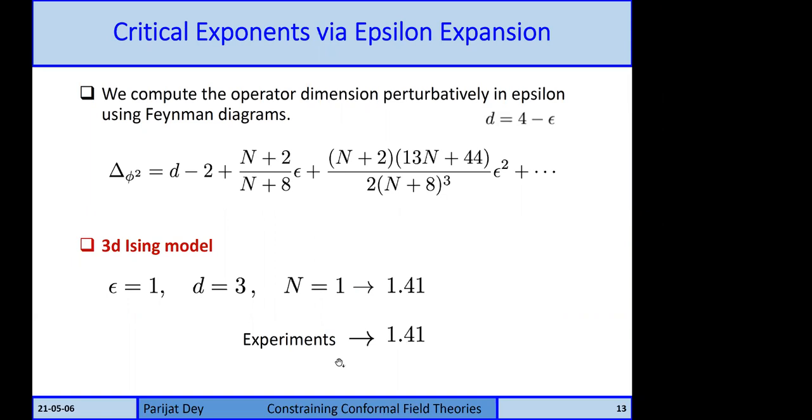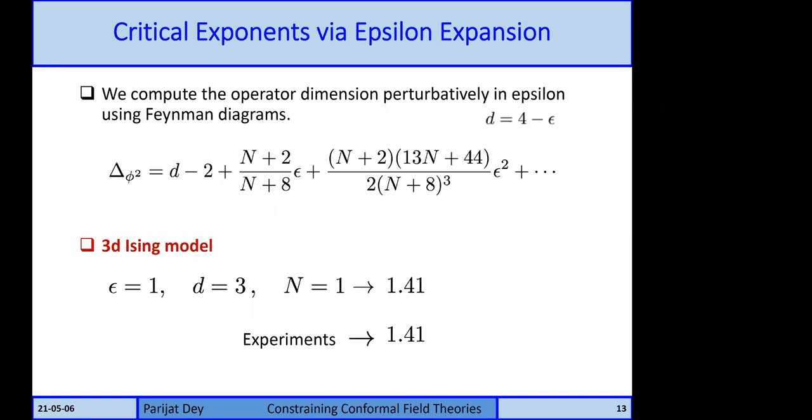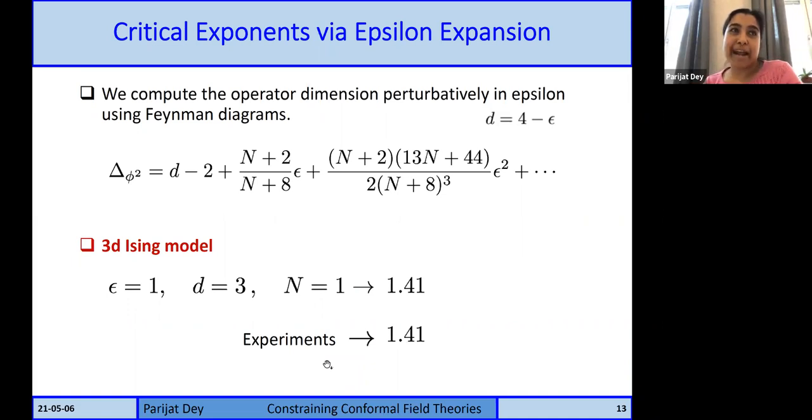Actually, I have a question here which I never got to know the answer to. What is the radius of convergence of this series in epsilon? This is an asymptotic expansion, so there is zero radius of convergence. I see. So frankly speaking, this is apparently illegal, to just put epsilon equals 1. We need proper resummation techniques.